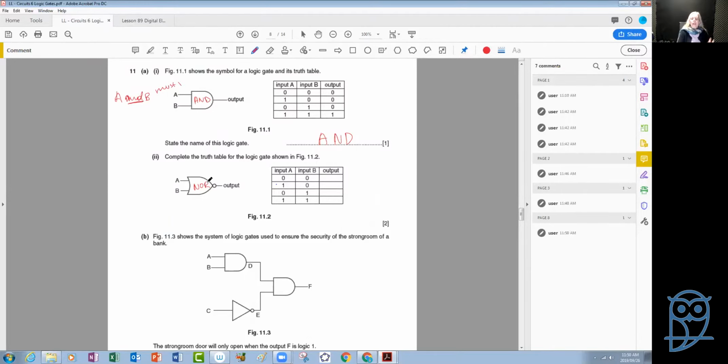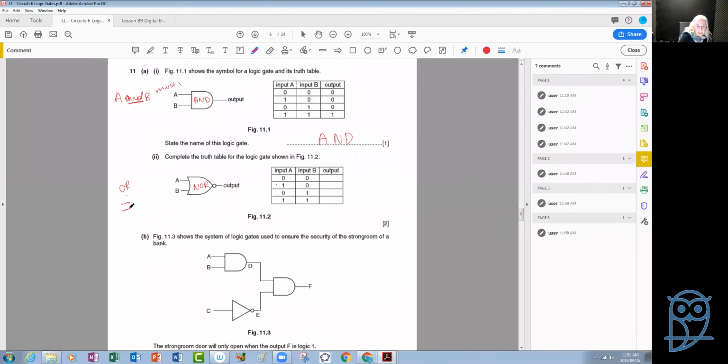It's easier to find the truth table of the OR gate first, and then from there change all the outputs to find the truth table of the NOR gate. So I suggest, if we are beginners, let us figure out first the truth table of the OR gate. The OR means that either A or B must be 1, or both,